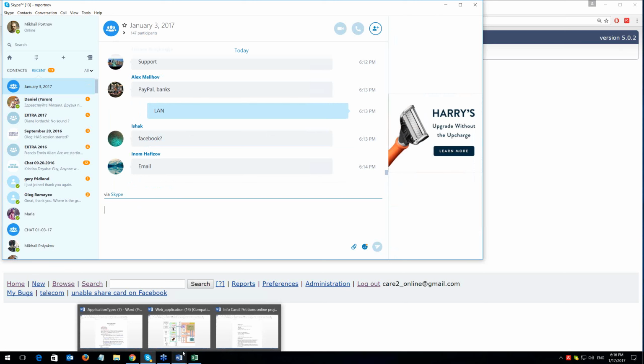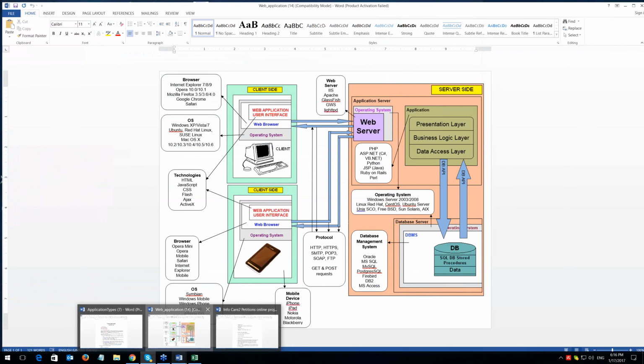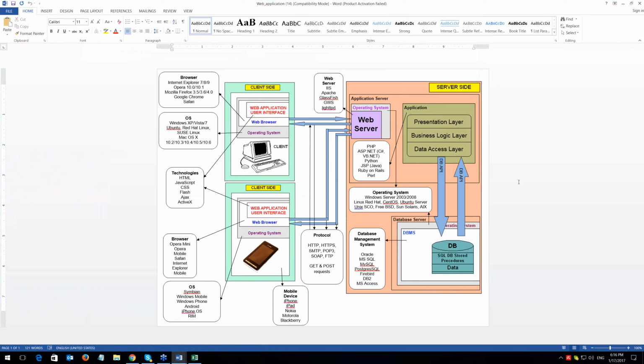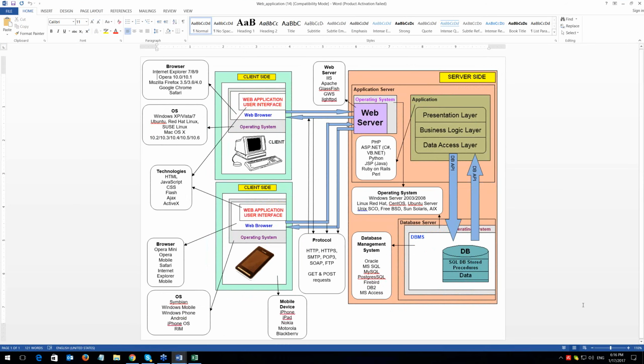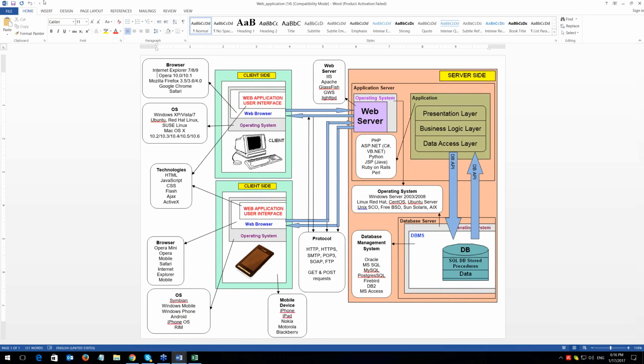And guys, I will show you and I will tell you how to get it. Whatever you see here on the page, this is a very brief, very high level diagram of the web-based application. Let me zoom it a little bit more so everyone can see it. We were talking about that this is something that we can consider as a client-server application, which has the client